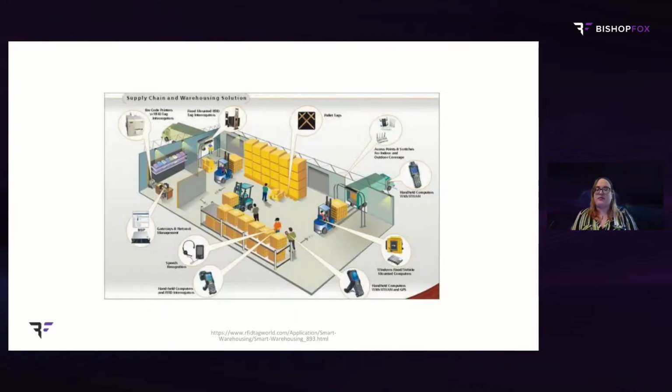So here's an example of what it might look like in a supply chain and warehouse solution. We have things like scan guns to be able to read RFID tags, the mounted RFID readers, and then applications like uses in heavy machinery items and different forms of tracking. So here, RFID tracking is actually pretty common and is an acceptable use.